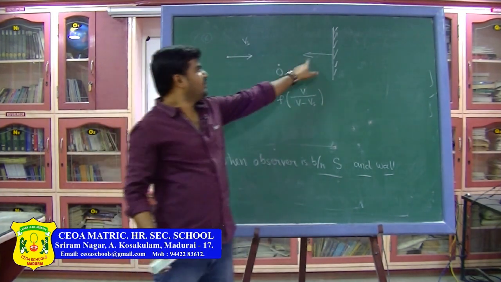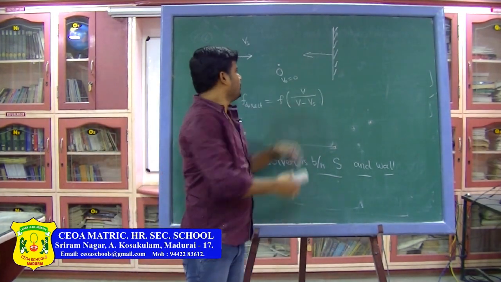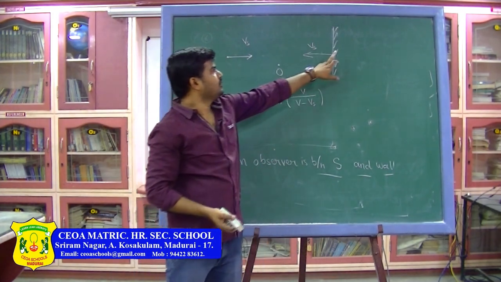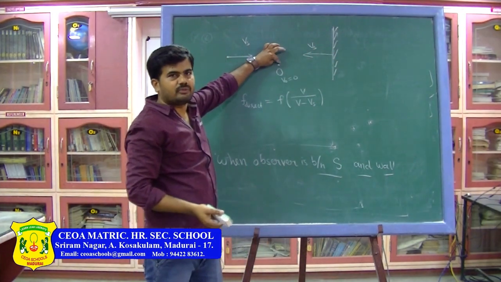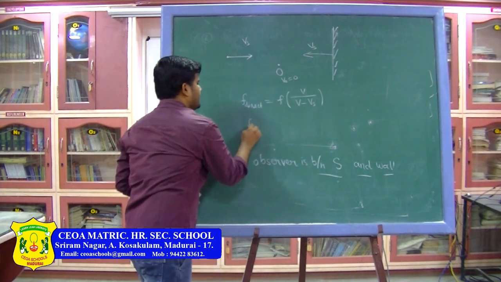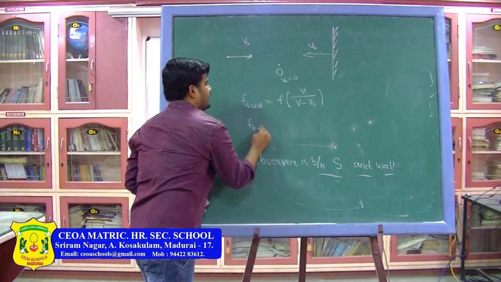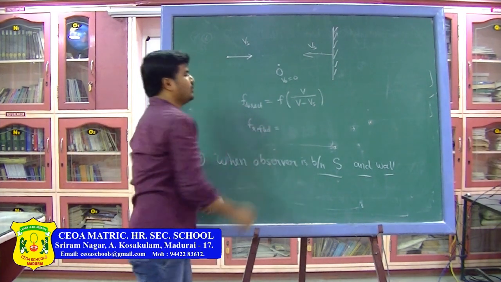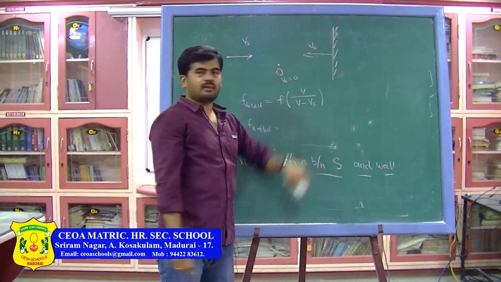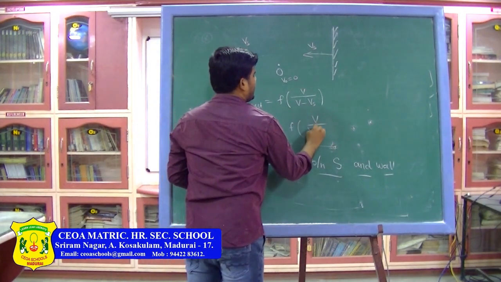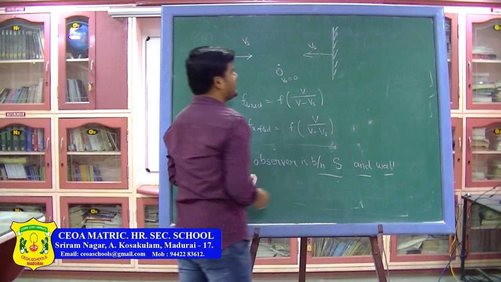Again, if you take it as a source of sound moving with a speed Vs, in this case also the source is moving towards a stationary observer. That means the apparent frequency due to Doppler effect in reflected sound is also given by F into V divided by V minus Vs,